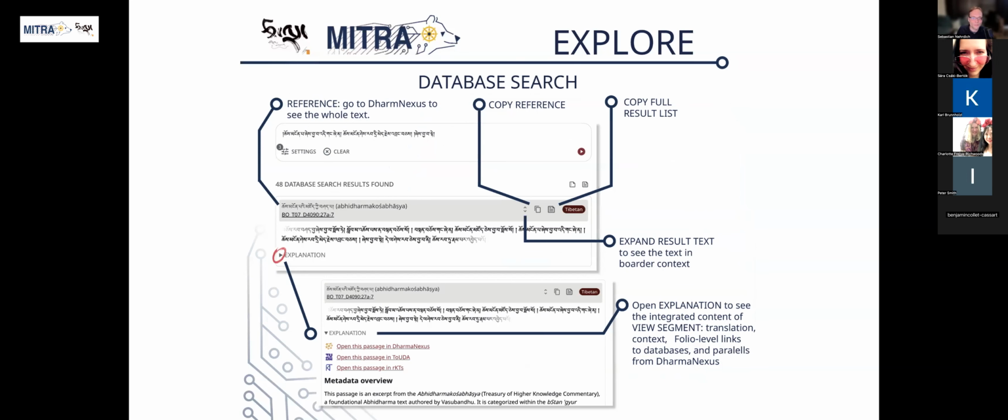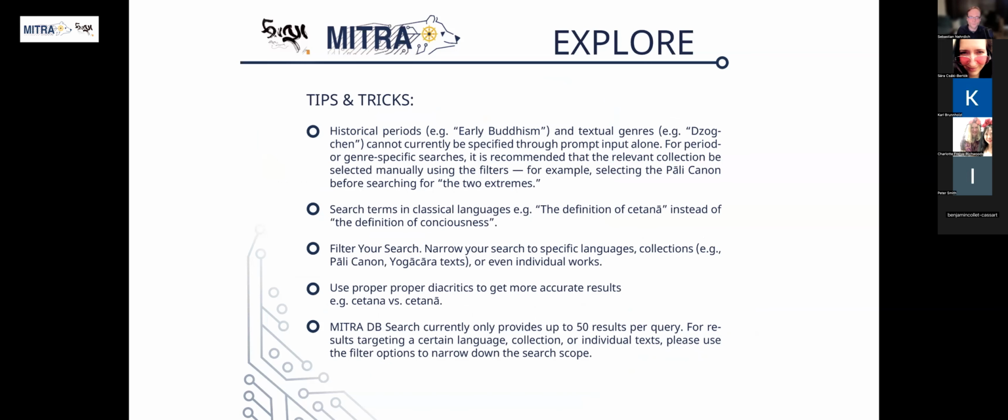Yeah, when you set it to the database mode, then you will get the database results directly. So it will skip the English summary part. And here you have the ability to expand the context. You can copy the reference directly. So the specific reference, you can copy that here. And then we also have the explanation button, which is basically providing something very similar to the segment view. So if you click on that, it will give you the links into the different databases and also an overview of the metadata and so on. So the function here is very similar to the segment view.